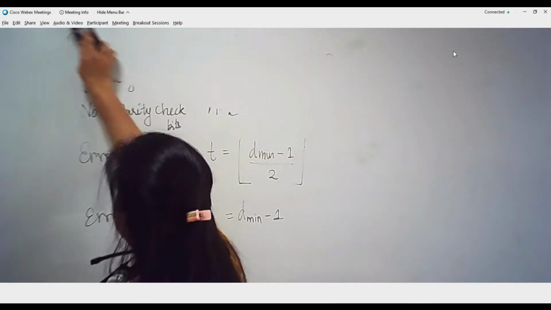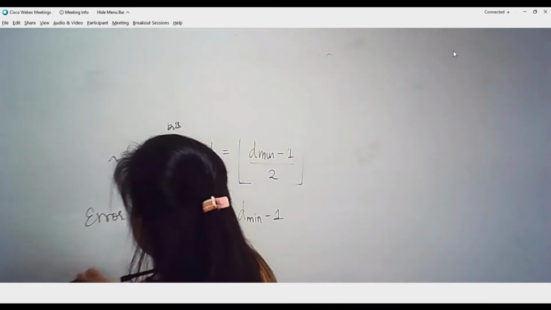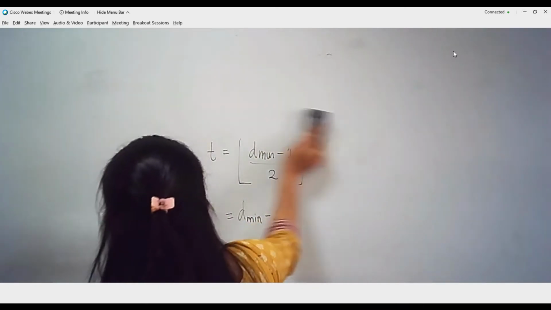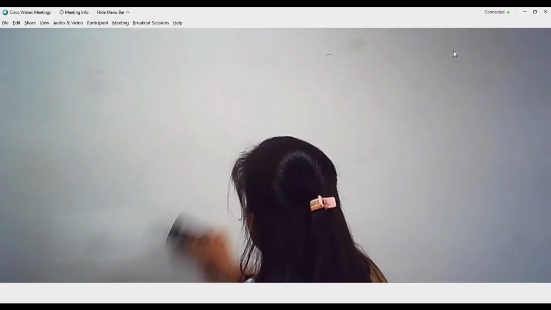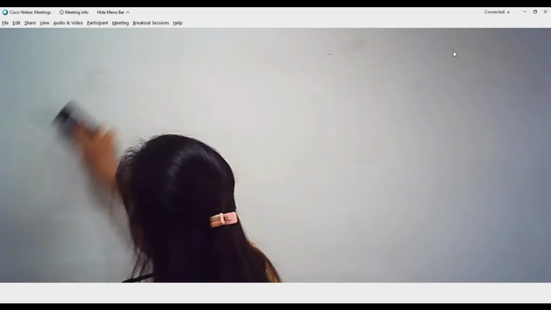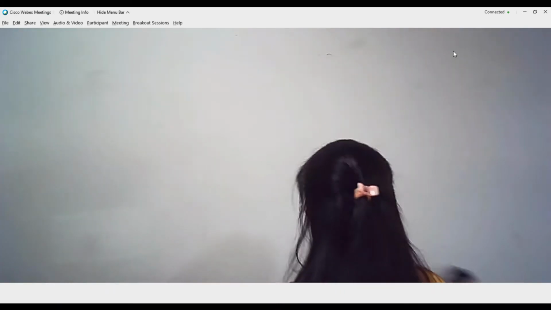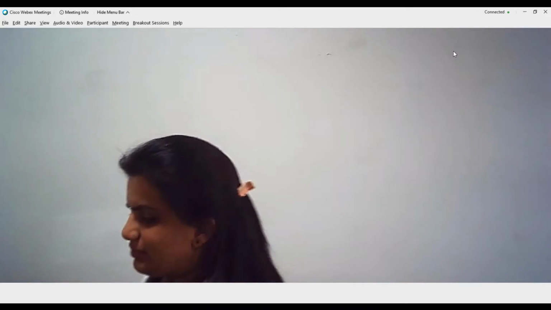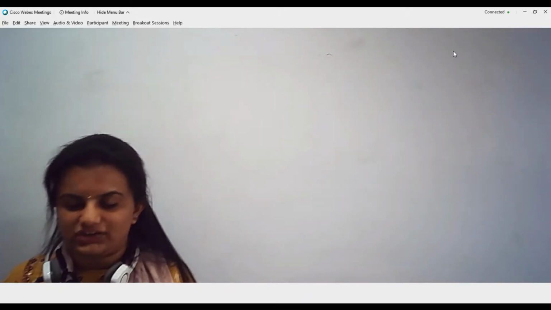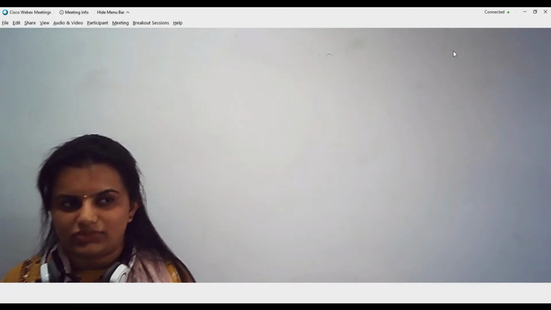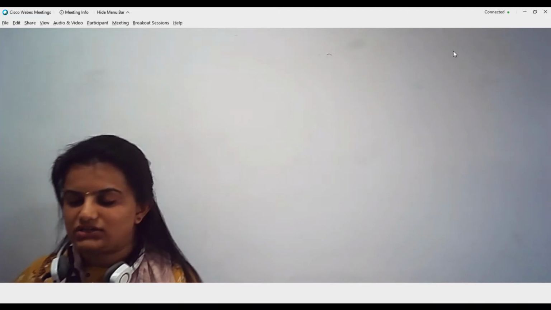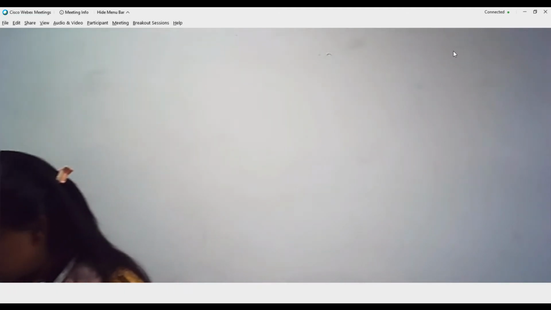Okay, so let me take a particular example now. We are going to start right from the beginning so as to know how actually the linear block codes are designed. It is not actually from the parity bit. The parity bit is also designed by knowing certain concepts and then these expressions. So please note down this.